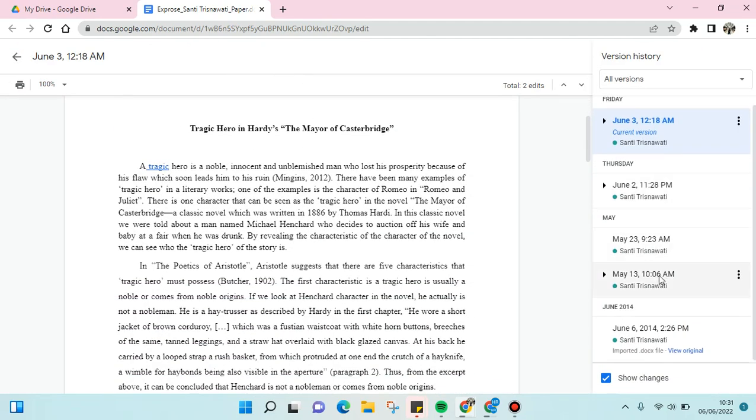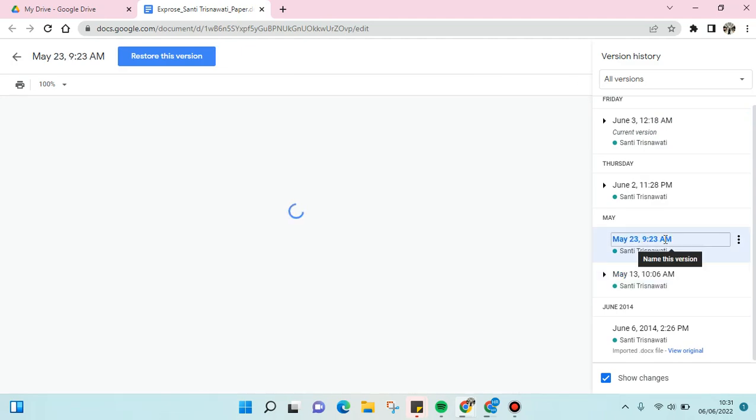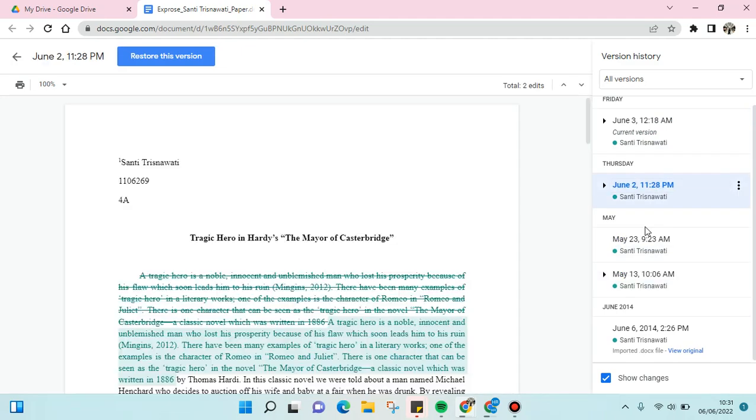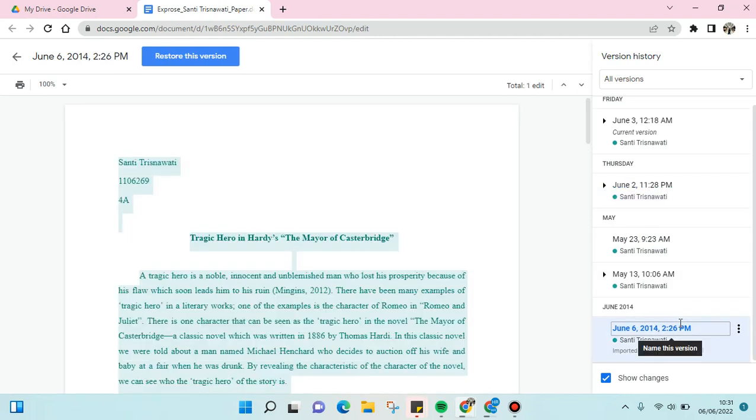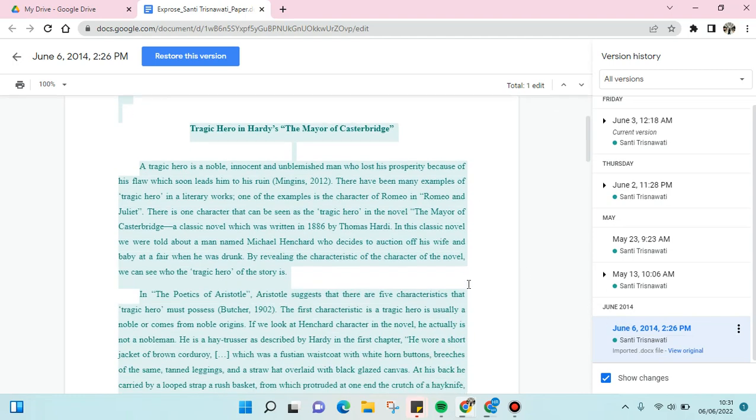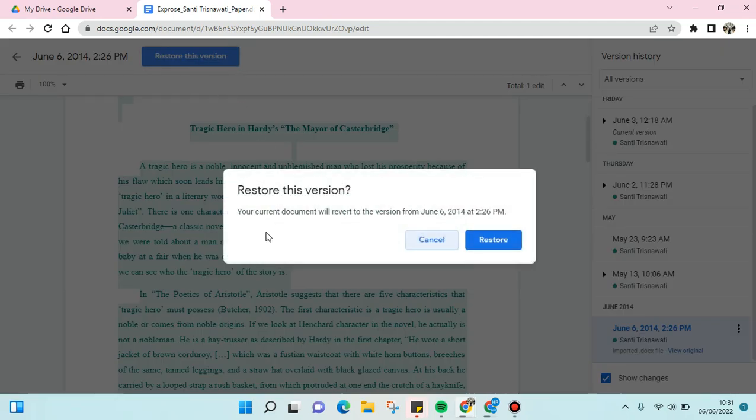And then you can see there are so many changes that I've made in this file, and the file was originally created in 2014. I'm going to restore the original version just by clicking this restore this version. Just click on this, and then your current document will refer to the version from June 6, 2014. So click on restore,